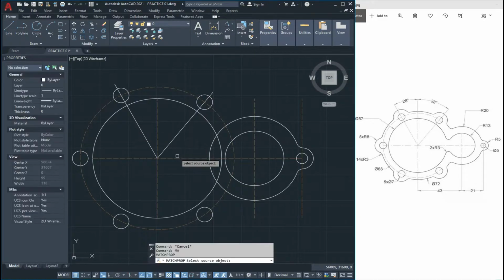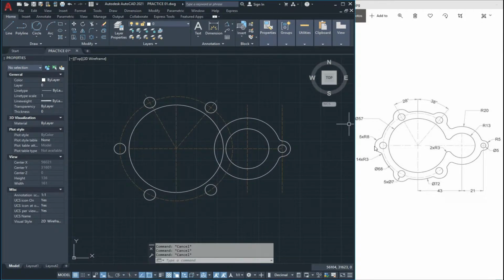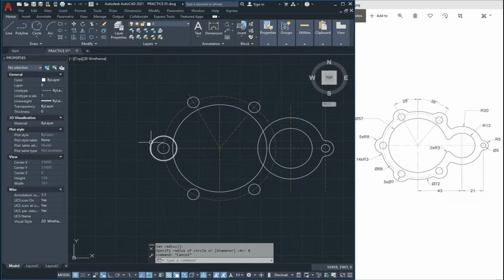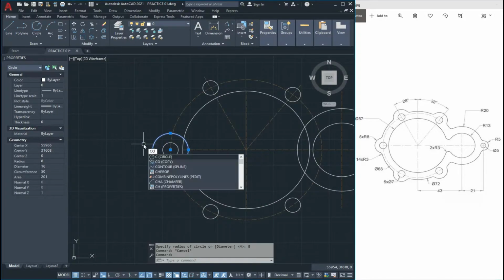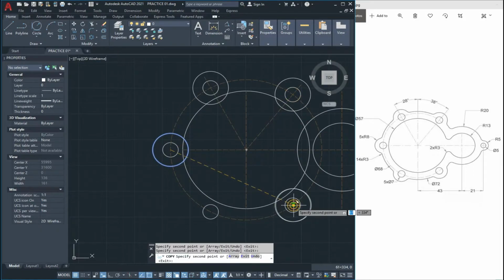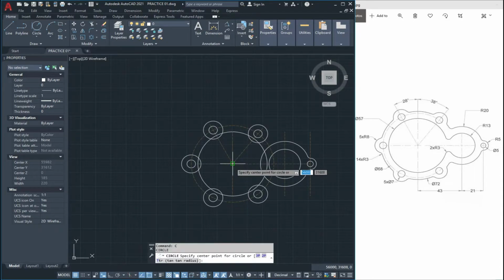With the match properties we change the properties of these lines, and now we make the outer circle with the radius of 8 units. Select it and copy it. Like this, and we draw this circle with the diameter of 72 units